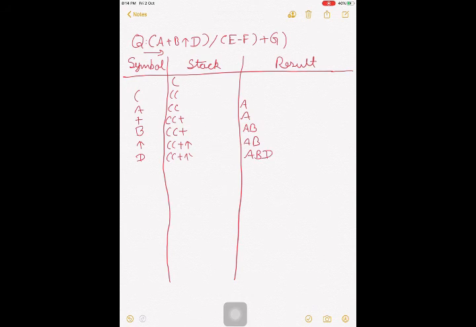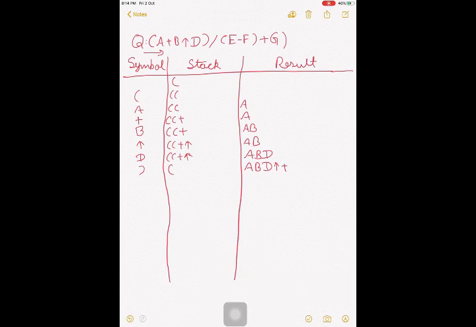Then we get the closing bracket. So the closing bracket will pop the power and plus operators. First, the power operator will be popped out because the stack is implemented in reverse position, last in first out. So what was the last operator in? The power operator. So it will move to the result first, followed by the plus sign. So the result will become ABD power plus. And we will just be left with an opening bracket.